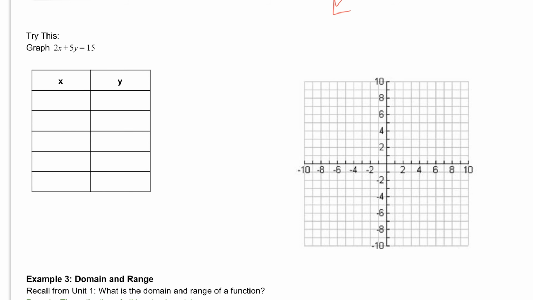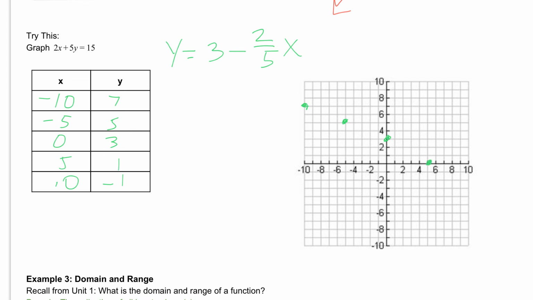If you did this problem correctly, we're going to check all 3 spots. If you solved for y correctly, you should have gotten y equals 3 minus 2 over 5 times x. Once you have that part correct, then check your table. Some possibilities for the table are negative 10, 7, negative 5 and 5, 0 and 3, 5 and 1, 10 and negative 1. And if we plot those points, negative 5 and 5, 0 and 3, 5 and 1,